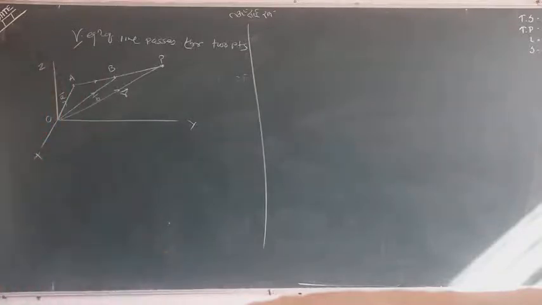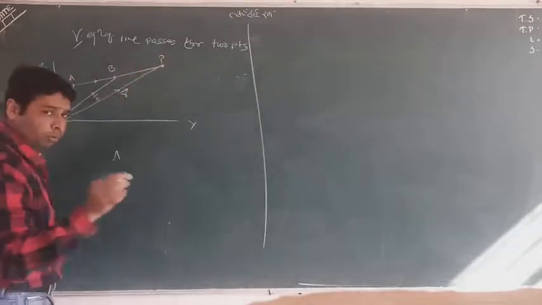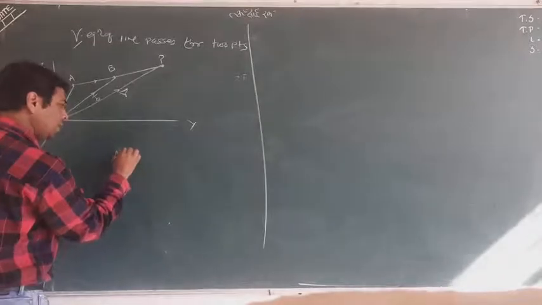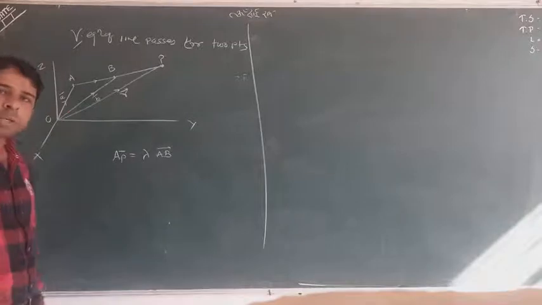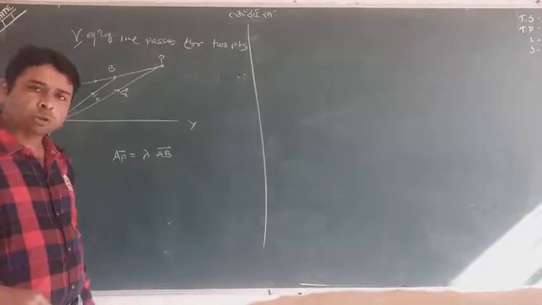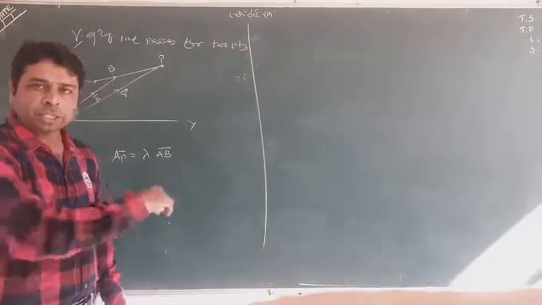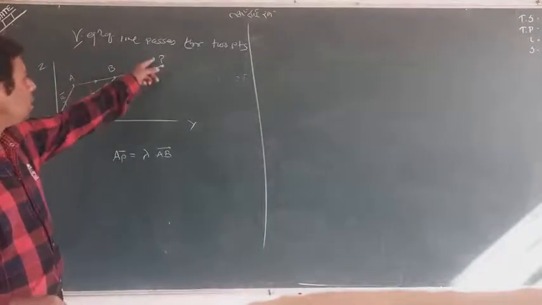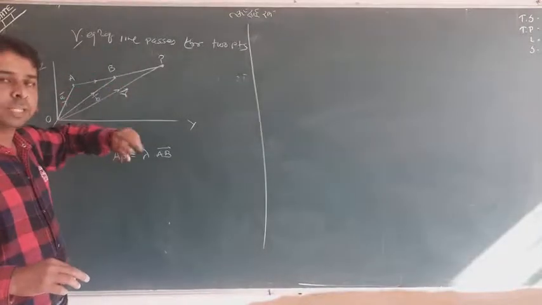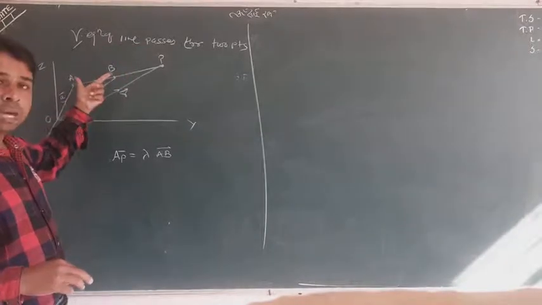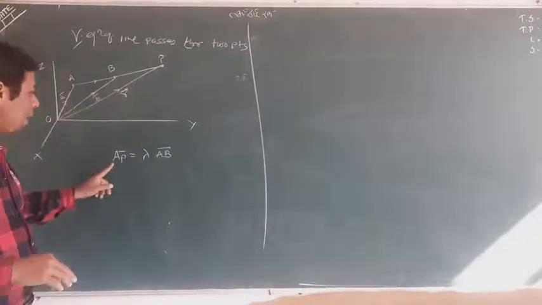I think we should go with a different method. No matter at all. I took AB equal to some times of AP. Write with proper condition: AP is equal to some times of AB. This is also very good. I think it's going to be easy for you. So last time I wrote, it was also correct. We could also make our results from there, but this is easy. AP is some times of AB. You could also write AB is some times of AP, but this is convenient. AP is some times of AB, half time or 2 times, 3 times, any time may be there. AP is equal to lambda AB.